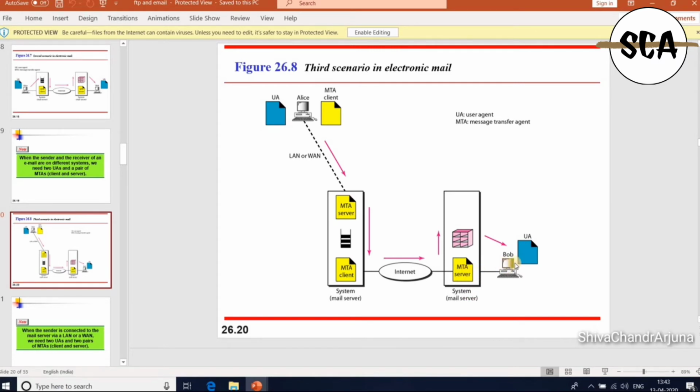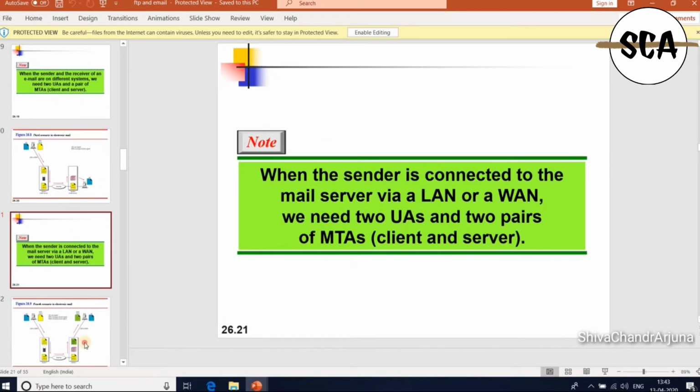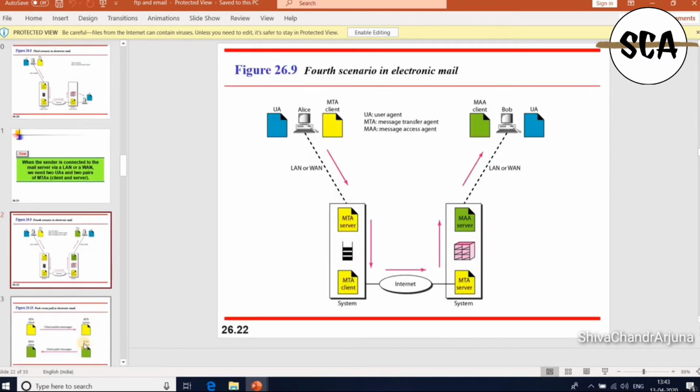Coming to the fourth scenario, Bob is also connected to his mail server by WAN or LAN. In the previous scenario only Alice was connected, but here in the fourth scenario, Bob and Alice both are connected to the mail server by WAN or LAN.